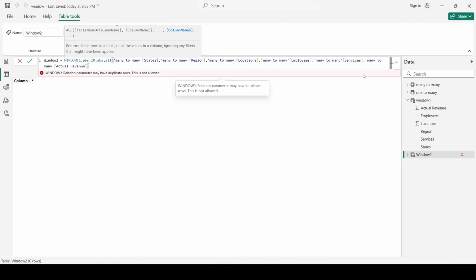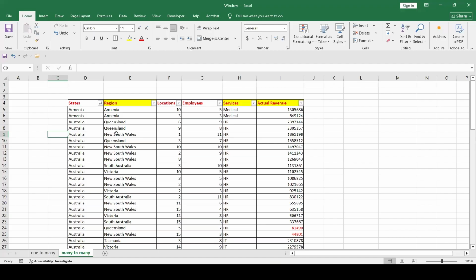So if I close the parenthesis now, what will happen? We will get all the columns that we mentioned here in the table, and we expect actually to get the first 10 rows from our table, like these ones.